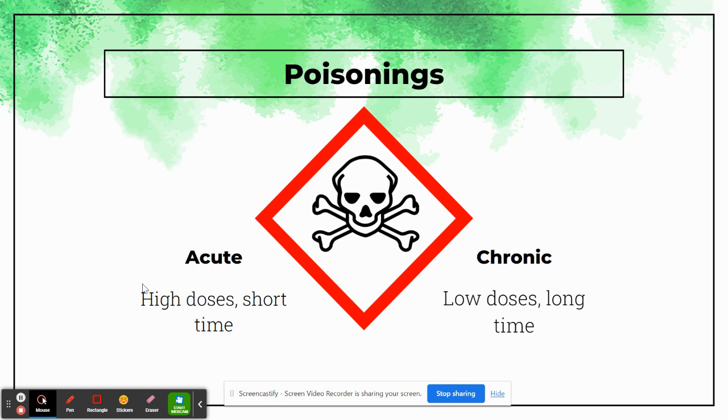An acute poisoning would be something like an overdose, where someone has so much in their body that their body can't function with it and can't handle it and just shuts down. In the case of chronic poisoning, this is where someone who maybe is exposed to lead in their home with lead paint would be a much more chronic poisoning because it takes a long time. It might take months or years for that person to get a dangerous amount inside of their bloodstream. And a lot of times chronic poisonings are things that tend to linger in the body for quite a while.